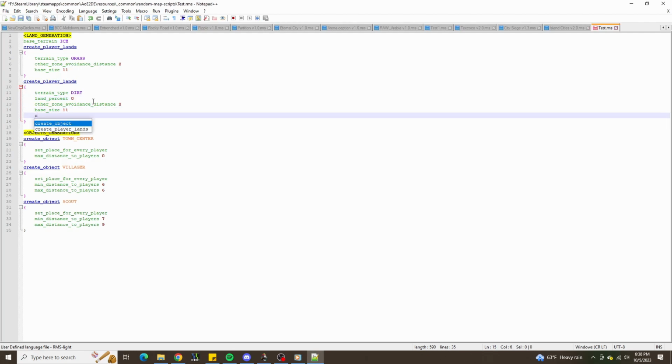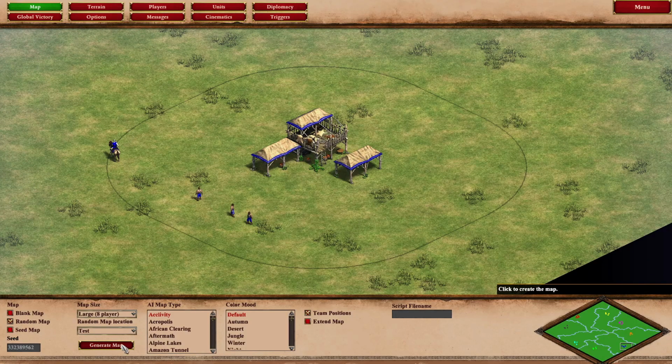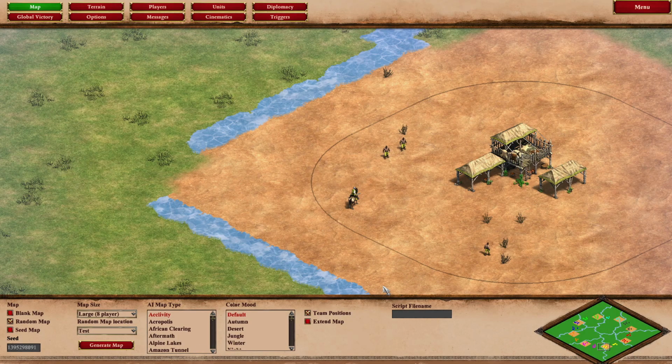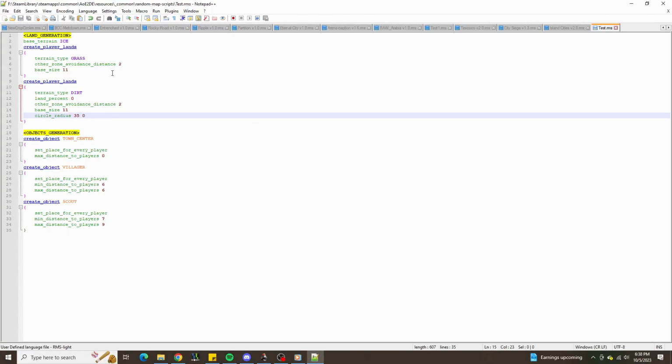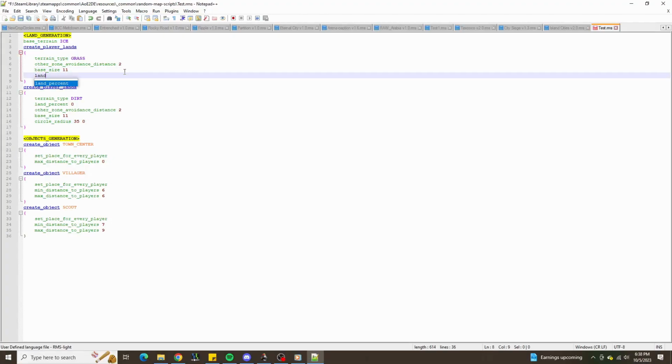We'll put a circle radius in here also. We can see that we're getting a bit closer to what we were trying to achieve here. So if we were to put a land ID on this one,